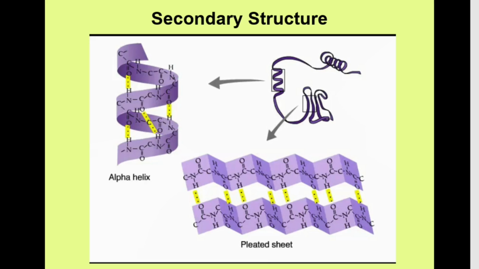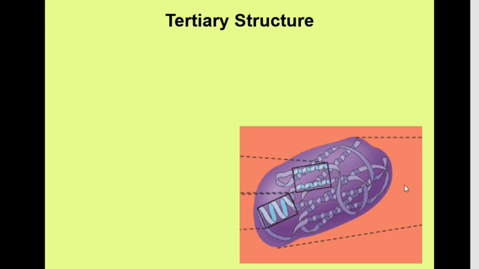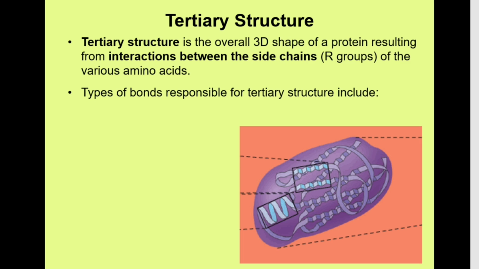Okay, so now we've got primary structure and we have secondary structure. That will take us on to tertiary structure. So tertiary structure is really important because it's where we start to get our overall three-dimensional shape of our protein. So now we're moving from the realms of just a polypeptide chain, so a long chain of amino acids, to now getting into the realms of a protein with a complex three-dimensional shape